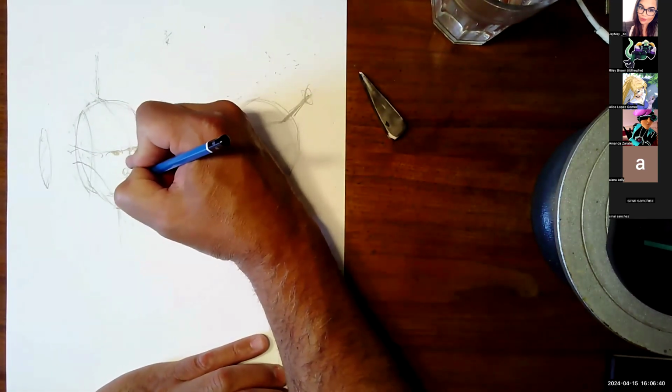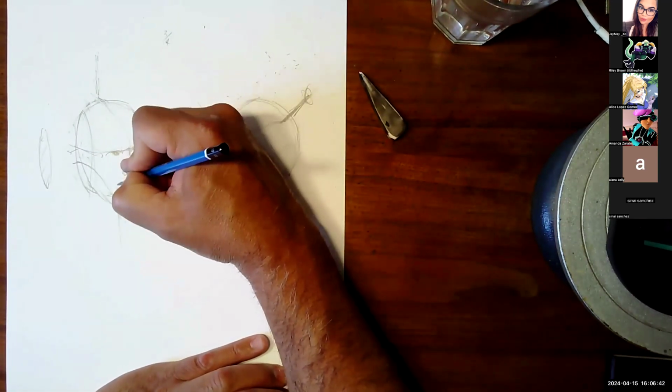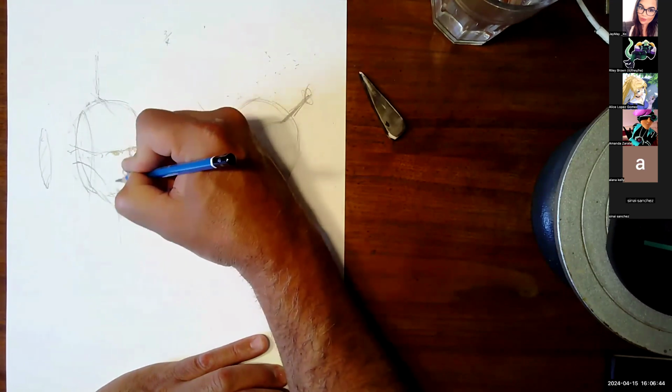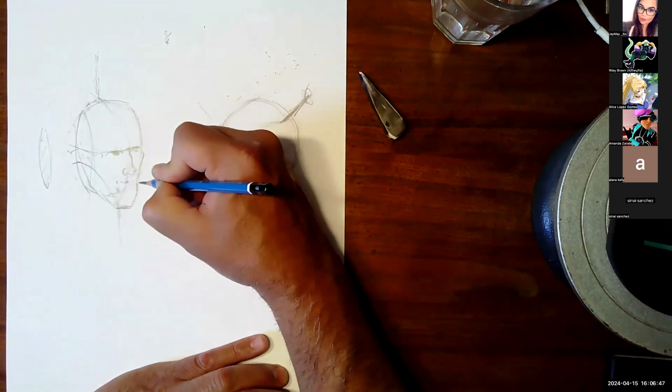And then over here is going to be the mouth, right? The edge of the mouth is going to line up with the center point of my,